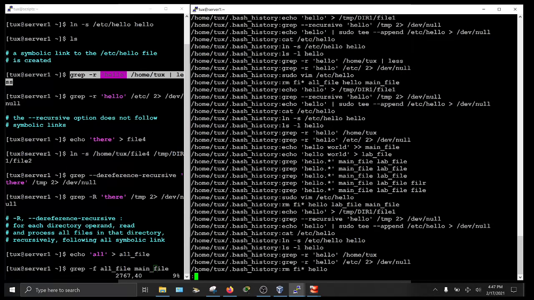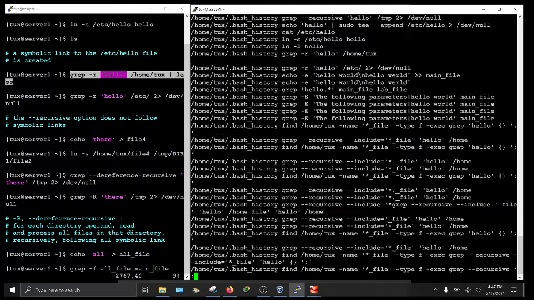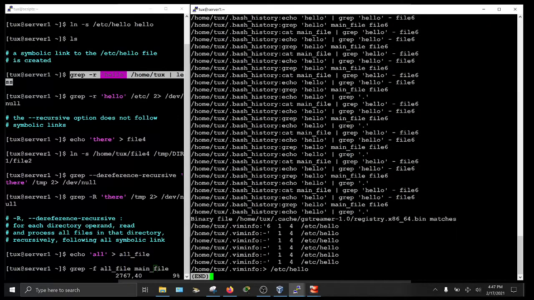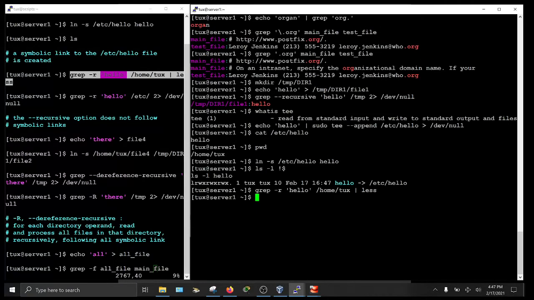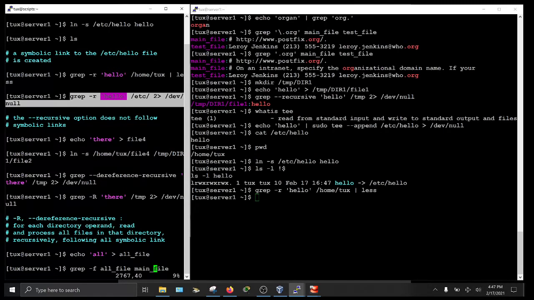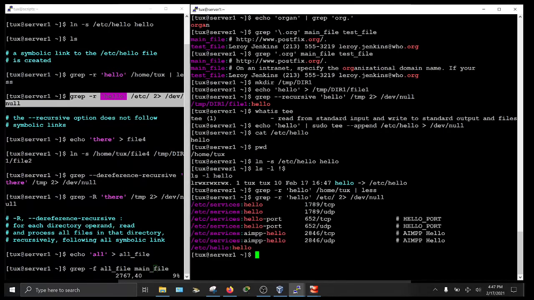I'm not exactly finding what I'm looking for. Okay, I'm just going to quit, and then I'm going to look for this in the etc directory, and I find my pattern because the recursive option will not automatically follow the symbolic links,